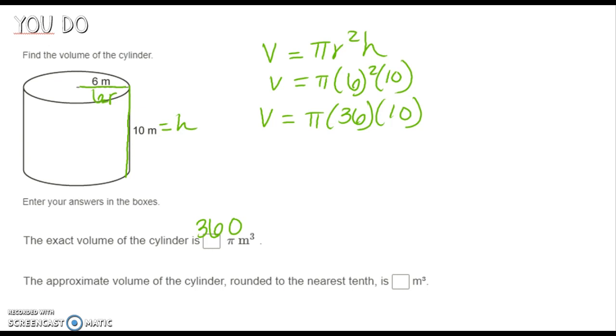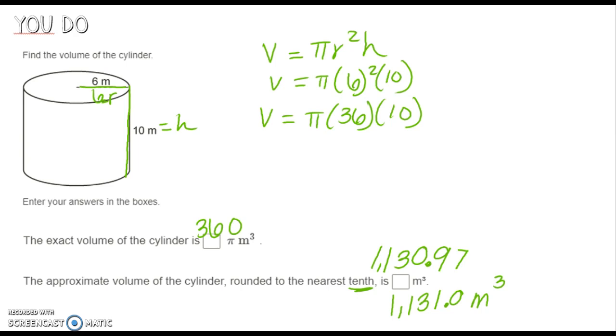And if we want our approximate volume rounded to the nearest tenth, I got 1,130.9 in my calculator. But since they want the nearest tenth, we'll be looking at 1,131.0